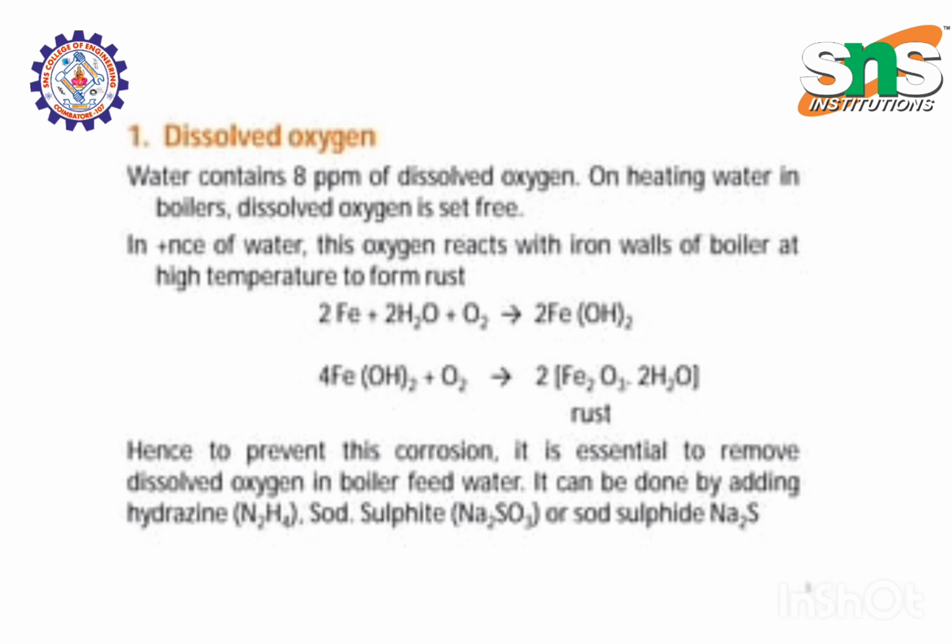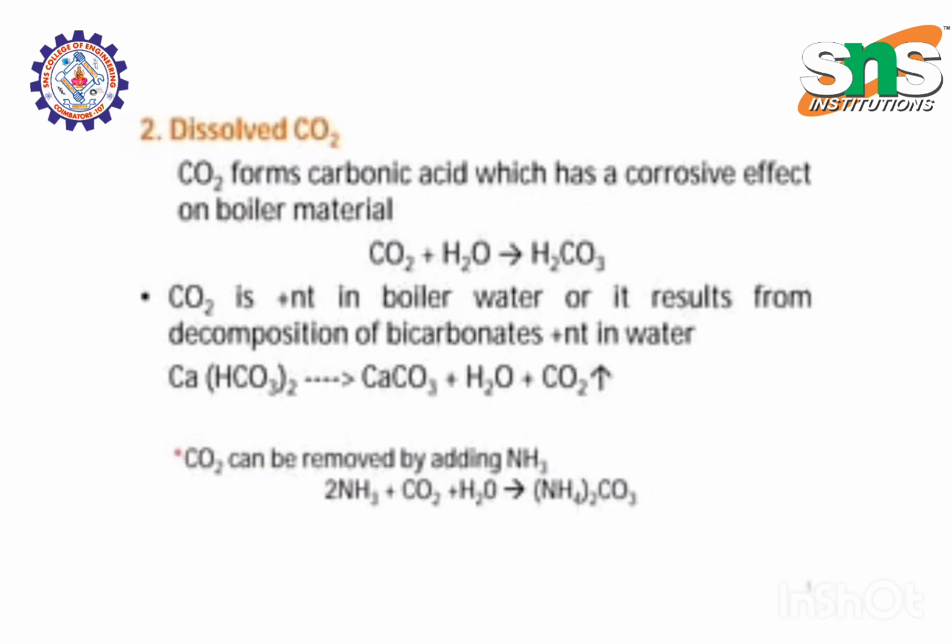Dissolved carbon dioxide can be removed by adding a calculated amount of ammonium hydroxide to the water. The carbon dioxide present in the water turns into carbonic acid, which is very acidic and causes corrosion in the boiler. The dissolved gas is also produced from decomposition of bicarbonate salts present in water. These can be removed